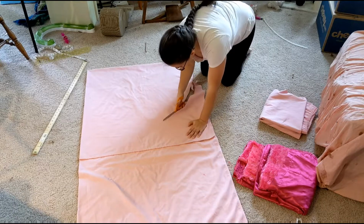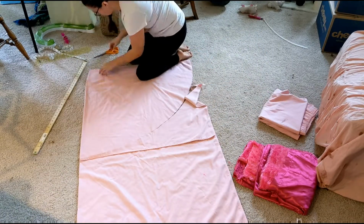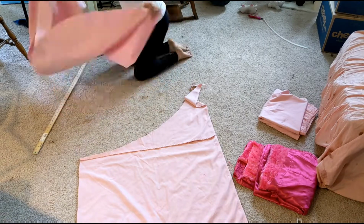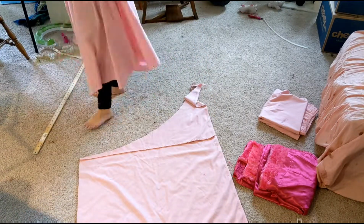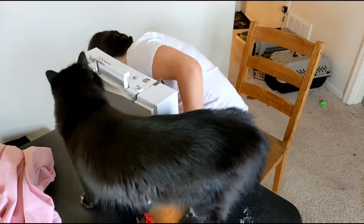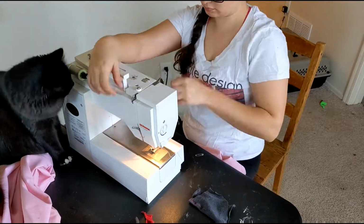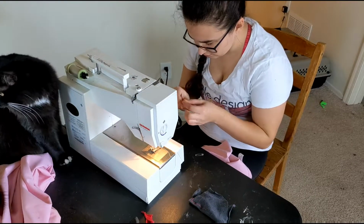I made the skirt as long as the fabric would allow because Peach is a princess, and princesses need long, luxurious skirts. As you can see here, it is almost long enough for me. I got my sewing machine set up with the help of Wednesday, although we were both too lazy to actually go find pink thread and decided that the tan that was already in there would be fine enough for